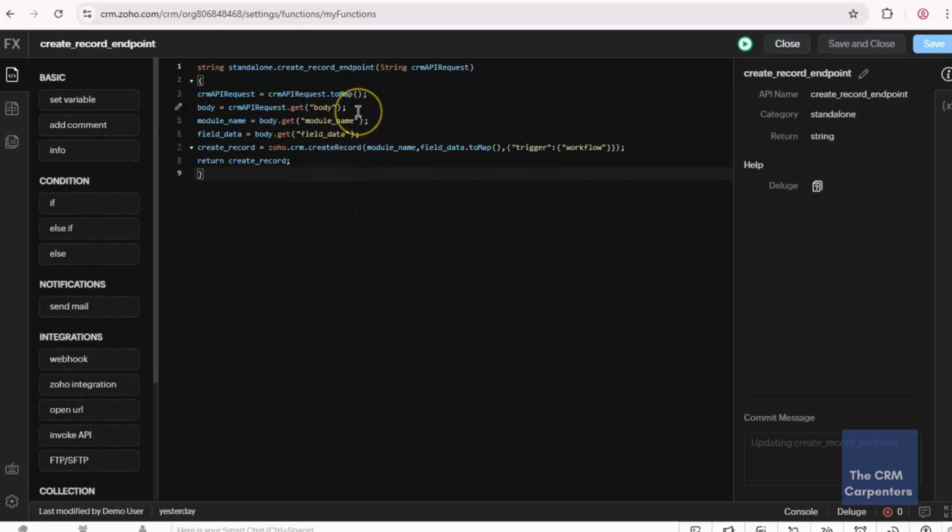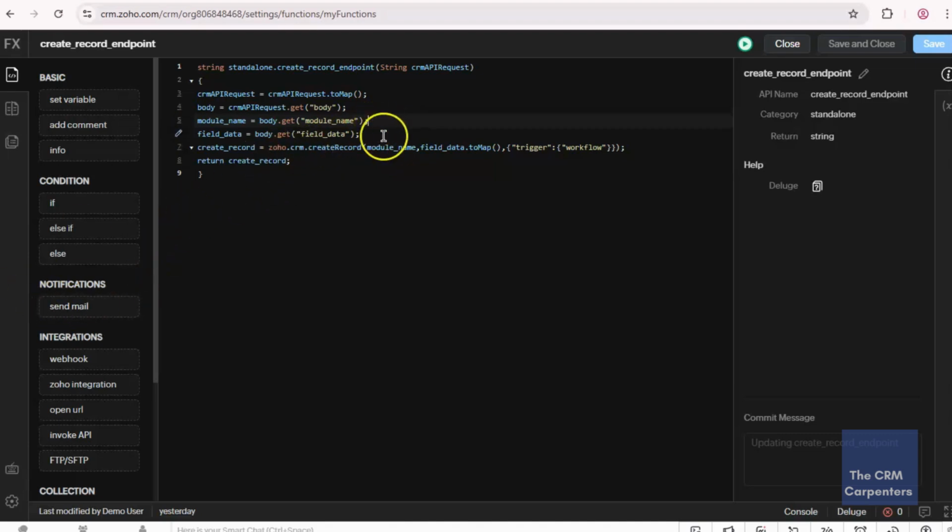Next is the body. This body will be containing the data from the Google Sheet, and this variable module name extracts which CRM module to create a record. For example, as what I have said a while ago, it will be created as a new lead.